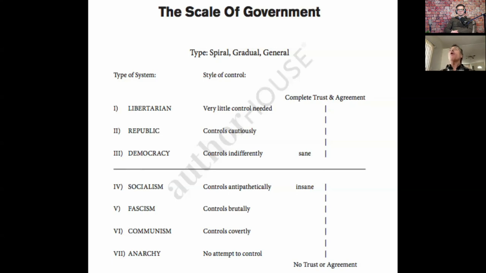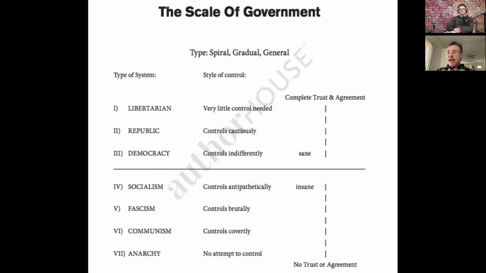Everybody agrees. Oh, Jack Benny's funny. Ed Sullivan has a great show. There was a lot of agreement. Elvis Presley is a great singer. Okay, it was a country full of trust and agreement. The country was at a much higher level on this scale at that time, and it has been deteriorating ever since.